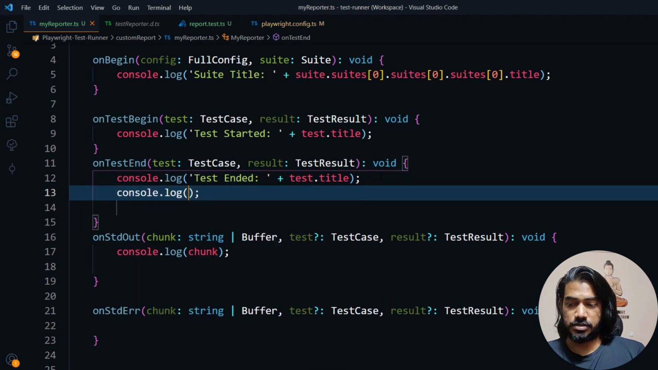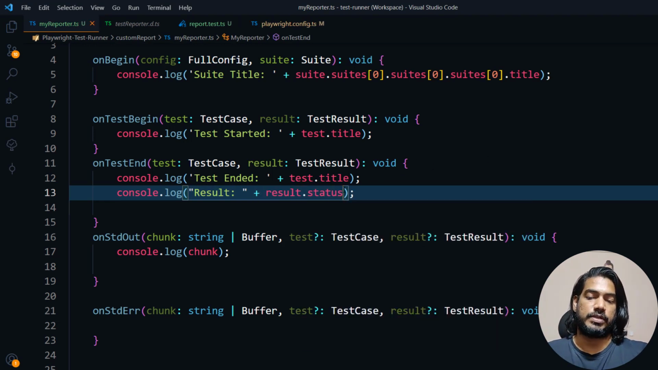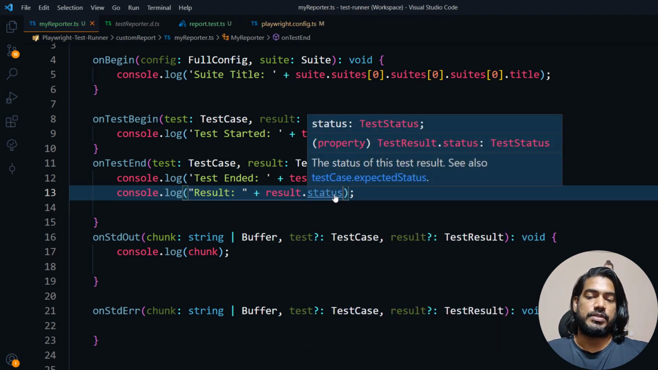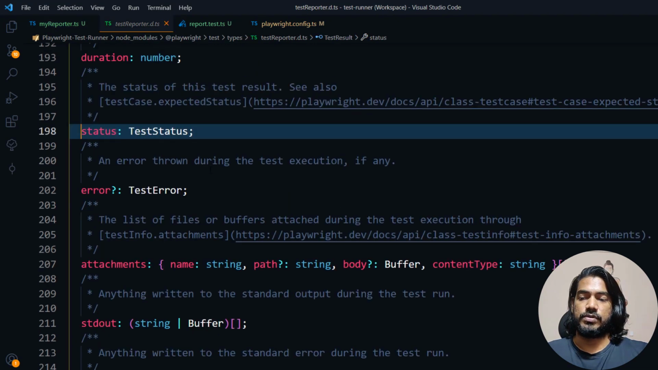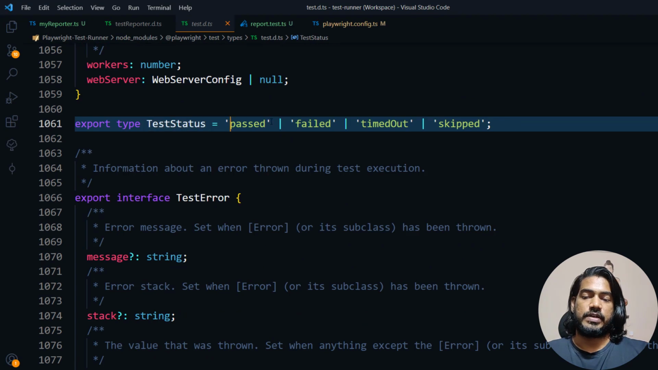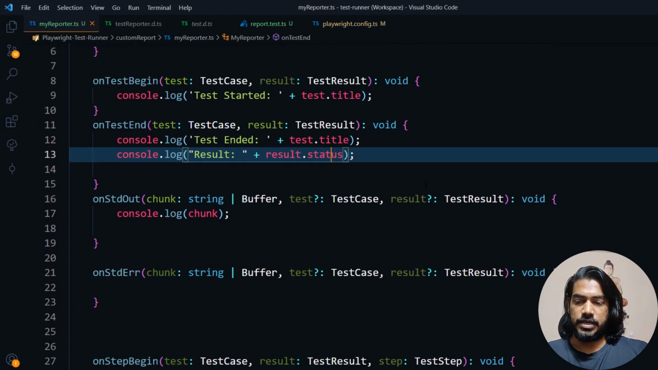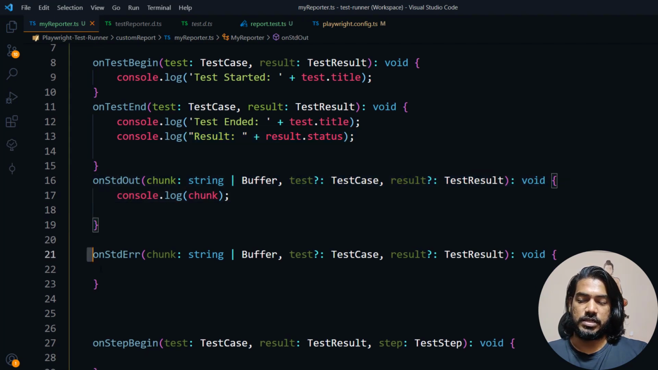So here I can say console.log, and I can say result.status, the function that tells you what the status is. If I mouse over on this, you can see. If I go to the documentation and click on this test status, you can see we have passed, failed, timeout, and skipped. Okay, so let's go back here, and this is the standard output we see, and this is for standard